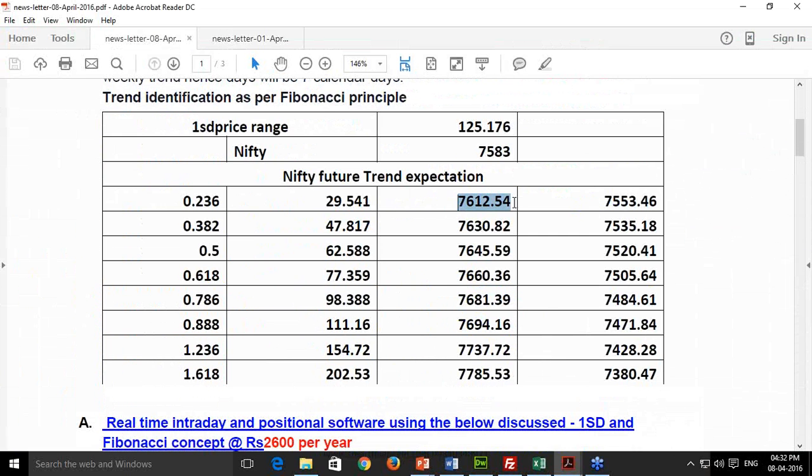Above 7613, the uptrend confirmation comes, and below 7553, the downtrend confirmation comes. Once the uptrend comes, until 0.618 you will not find any problem. In most cases you can achieve successfully until the 0.618 retracement level, and once it penetrates the 7681 level in the uptrend, then you can easily get the 7694 and 7737 levels, and 7785 is the